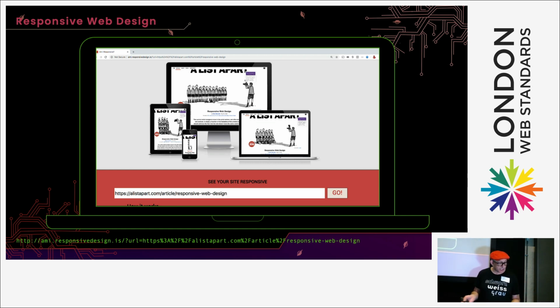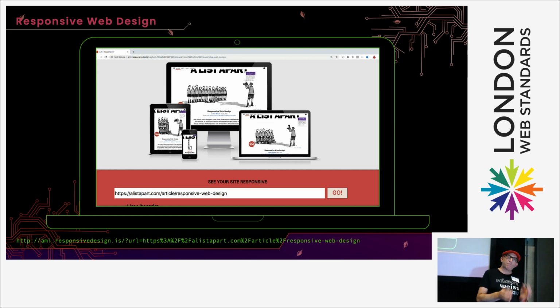And then in 2010, a guy called Ethan Marcotte, and you mentioned him in the pub earlier, came along with this idea that websites could change shape depending on what device you were using. And that just meant we could use fluid typography, which we had a talk about at State of the Browser last year by Richard, amazing talk, and fluid layouts.